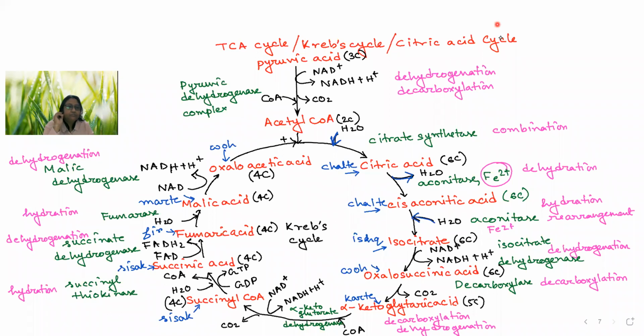Kindly work on the balance sheet of this also, and next day when we meet, we will talk about the balance sheet of whole respiration. Remember, 1 GTP is equivalent to 1 ATP, and as I said, from 1 NADH plus H plus 3 ATP will be produced, and from 1 FADH2 2 ATPs will be produced. So kindly work on the balance sheet too.